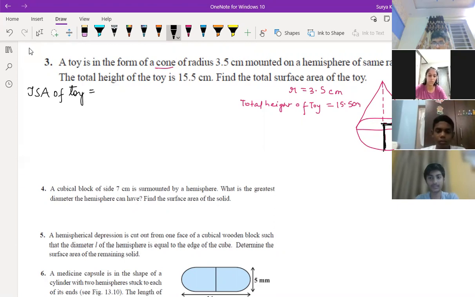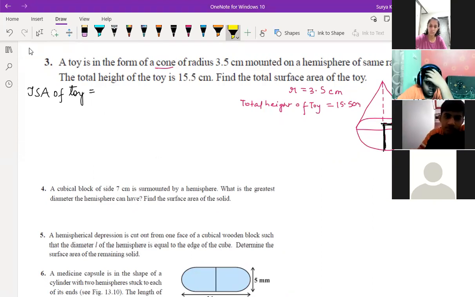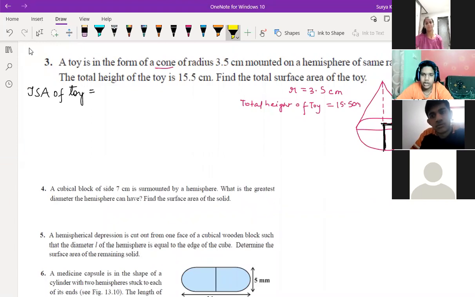The outer part. The part which you can feel. Hemant, you tell. Over here you have to find the TSA of a cone. So you basically get the curved surface area, and the formula for TSA of cone is pi r into l plus r. That is TSA, no? So here, is TSA required or CSA required for the cone? For the cone, CSA. But you can't feel it, no.